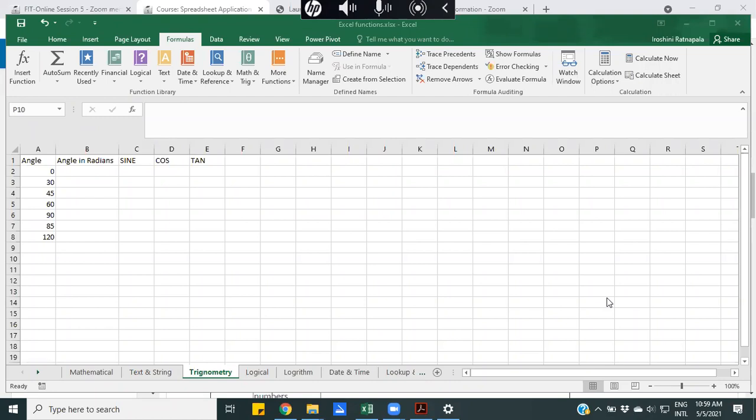What are those two units that you have learned? You know how to measure the angle. There are two measurement units.